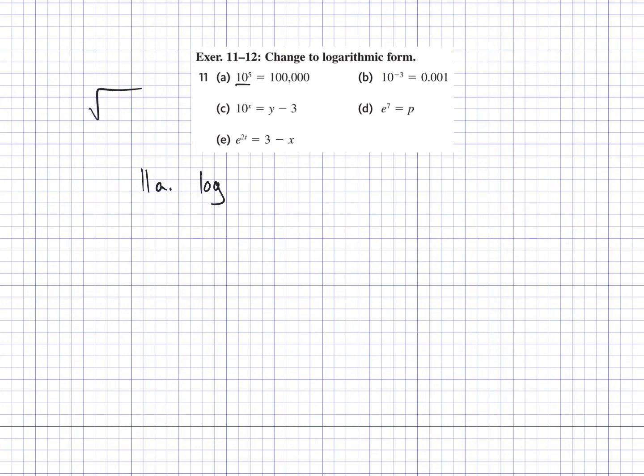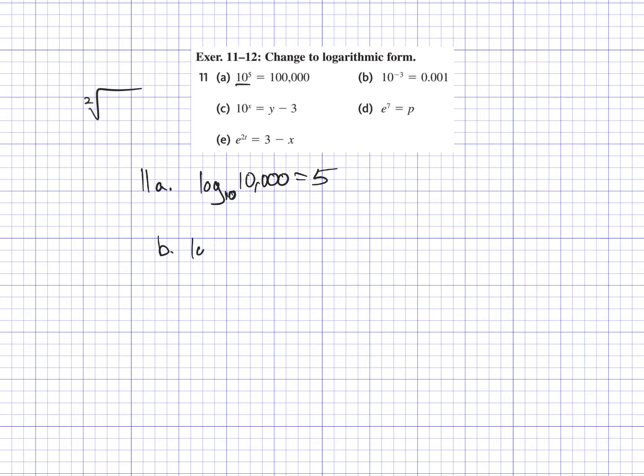Just like when we say square root, we don't ever write the 2 up there. If there's not anything there, we know it's a square root. So it's understood if there's no number written here that it is base 10. So whenever I leave it empty, that means it's base 10. So base 10, and our answer always goes here, and the exponent is always what we set it equal to. Okay? And b,